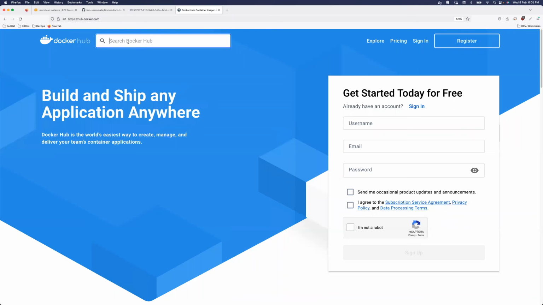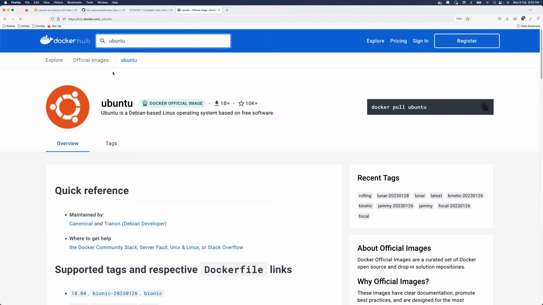For example, I showed you that we want to use Ubuntu, right? What Ubuntu has done is, this is the official Docker Ubuntu image. Ubuntu as an organization created a Docker image, and they said that anybody in the world who wants to use a Docker container image instead of an Ubuntu virtual image can simply download this one and start using it, or use it in their Dockerfile, and on top of this base image they can add their application and run their Docker container.